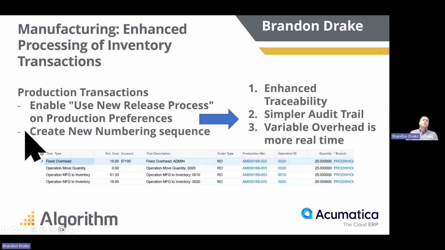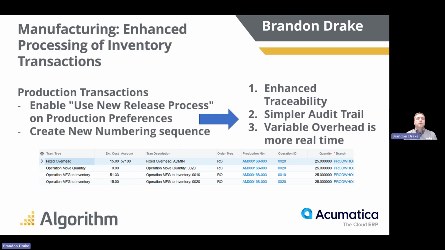topic, but I do want to talk about, staying in that manufacturing vein, the new processing features they have for inventory related transactions. So anybody that's been doing manufacturing within Acumatica knows that when you create a move transaction or maybe even a labor transaction, there's a lot of stuff that happens in the background as far as different types of costing coming from different types of, is it material cost? Is it an overhead cost? Is it a